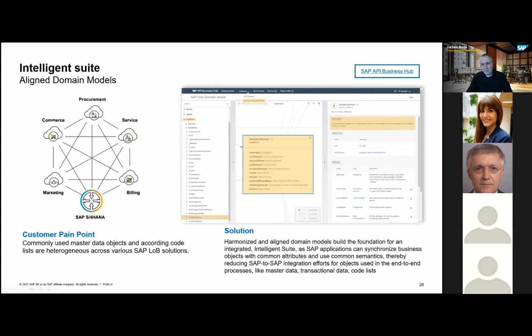Here's the link to the SAP API Business Hub. Looking at the screenshot, you get the details. Here are the explorers. Here's the one domain model. That was the situation before. You get the context: you had to map things and establish one-to-one relationships all the time before the SAP One Domain Model